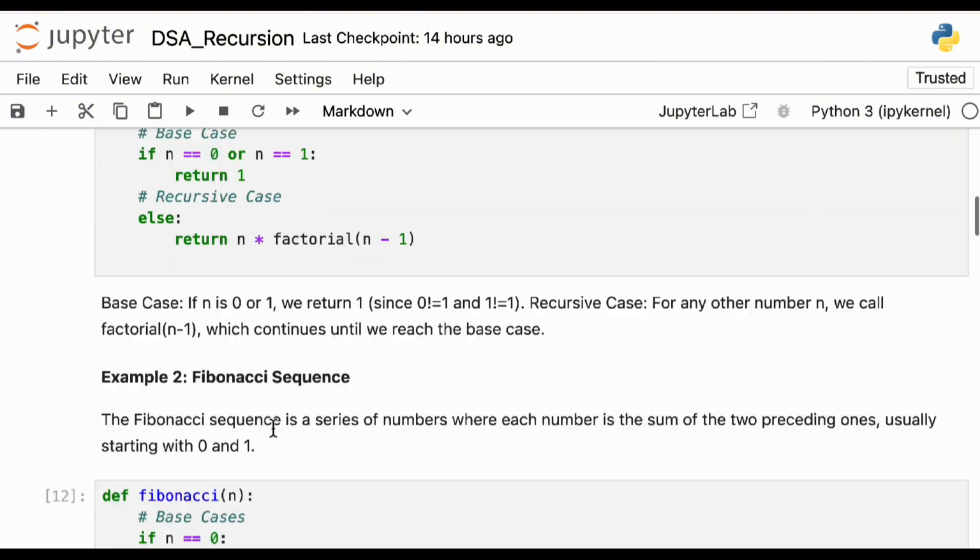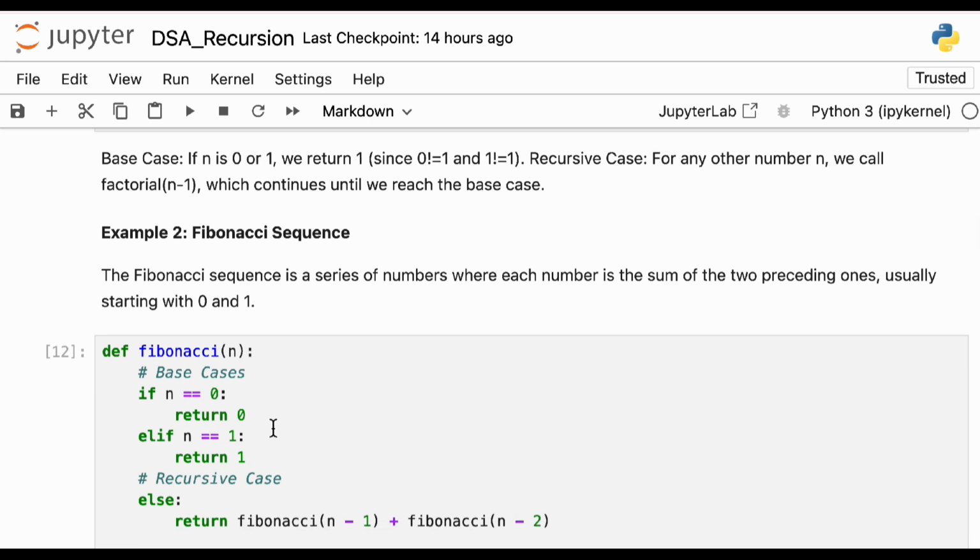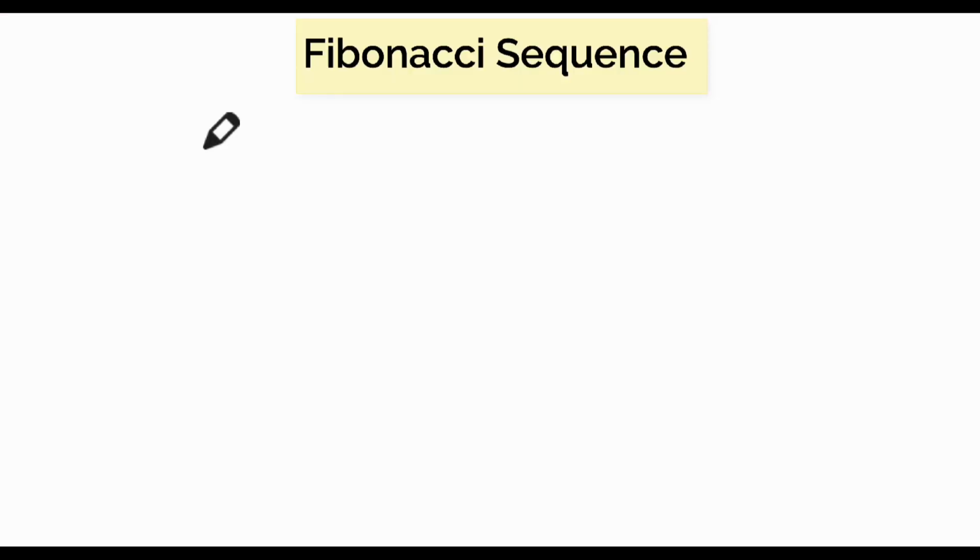Let us move forward towards the next problem, that is creating a Fibonacci sequence. So Fibonacci is a very interesting sequence of numbers. What happens in Fibonacci is that every number is a sum of the previous two numbers. So what do I mean by this? In Fibonacci, you start with, for example, Fibonacci of 0. You'll start with 0, okay, and Fibonacci of 1 will be equal to 1. This is given to you by default, that the first two elements will be given to you, and you will be asked to generate the remaining numbers.